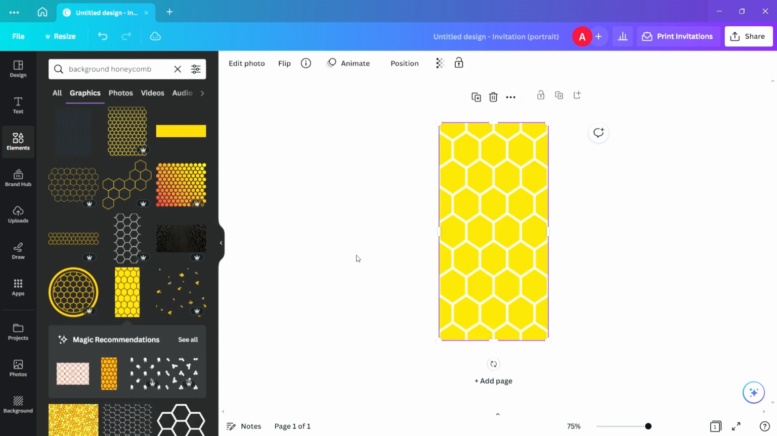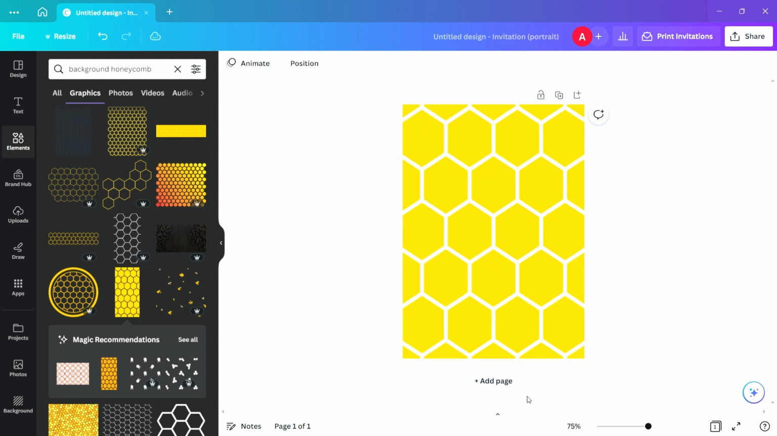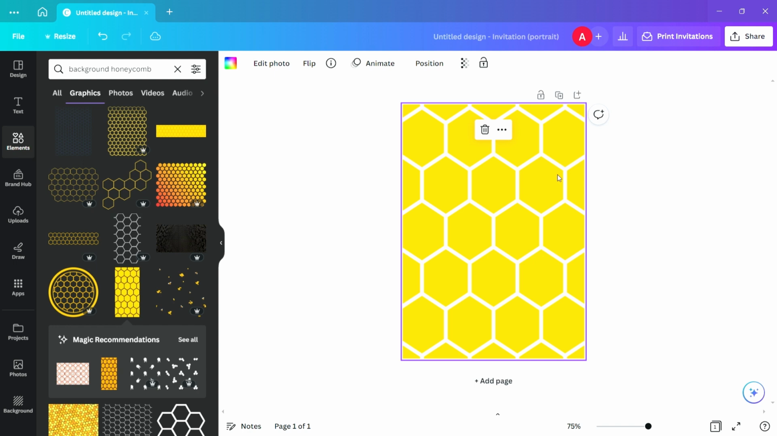Now, as you can see, it just pops it on our invitation. To make it our whole background, we are going to right click on the object and do Set Image as Background. Okay, if you want to change the color of this shade of yellow, you can go to Edit Photo,